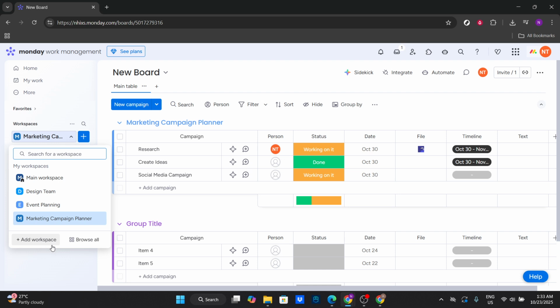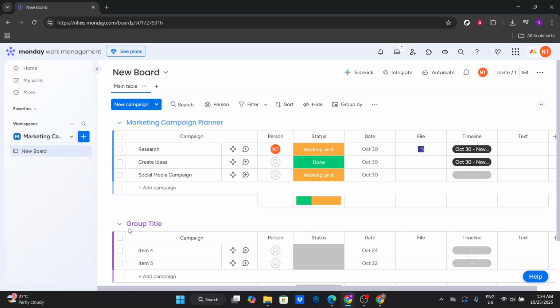With the main workspace open, the next step is to add a new workspace dedicated specifically to your marketing efforts. Look for the option that says Add Workspace and give it a click. This is where your campaign comes to life. You'll want to choose an intuitive name that encapsulates your project, something straightforward like Marketing Campaign Planner. This clarity is crucial not only for yourself, but also for any team members who will be collaborating with you